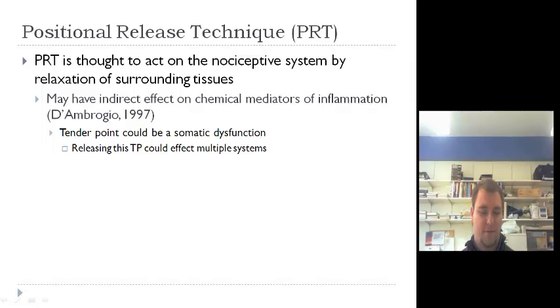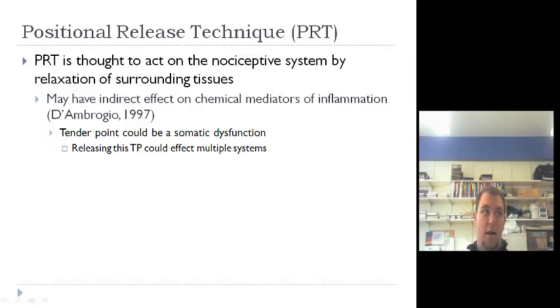I think there's something there with positional release. I'm trying to use it when I think it's appropriate, but not become dependent on it. I don't know if I'm doing well with that. I've been doing it a lot, but it's worked, and I like it. And now I think I understand it. If chemical mediators of inflammation are involved, if I am doing a positional release technique, does that release enkephalin?